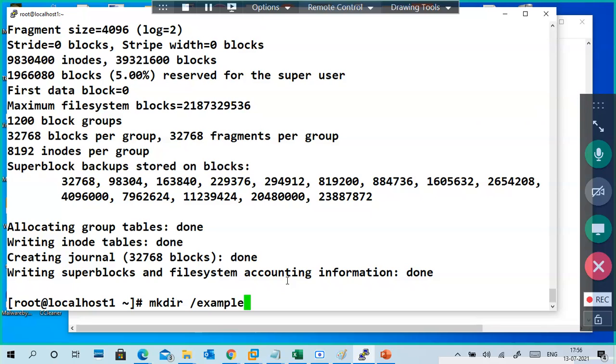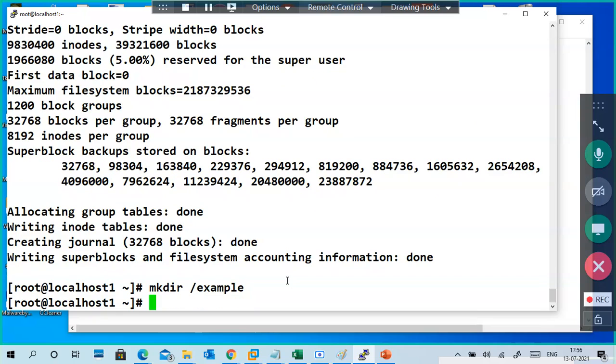Now mount it. Finally you are going to mount.